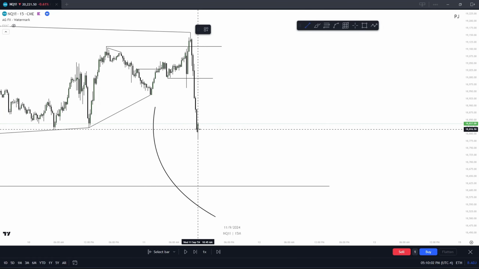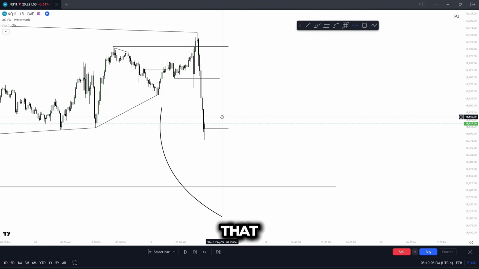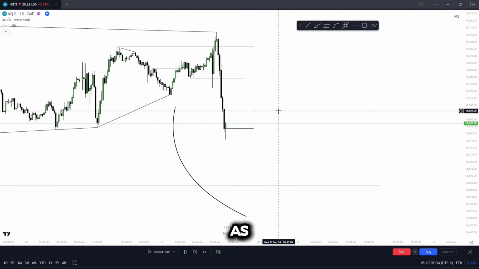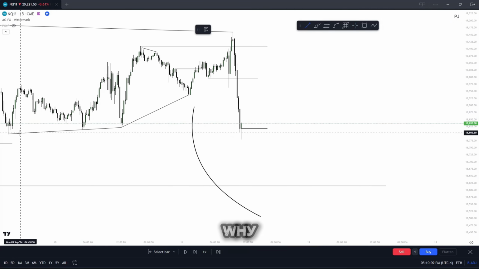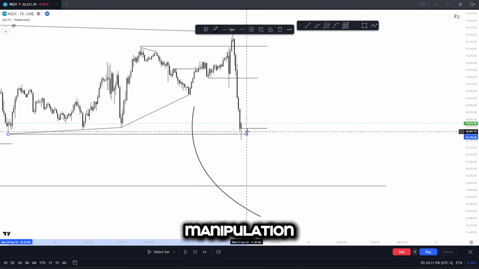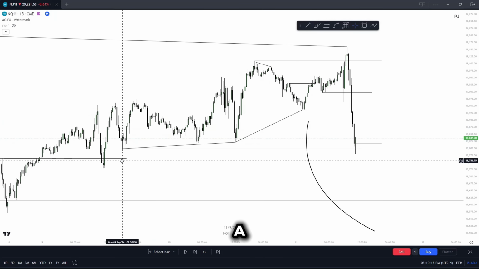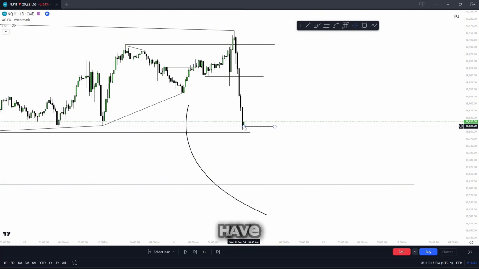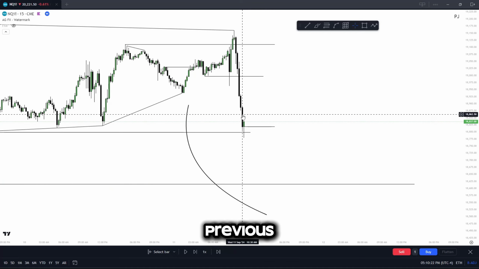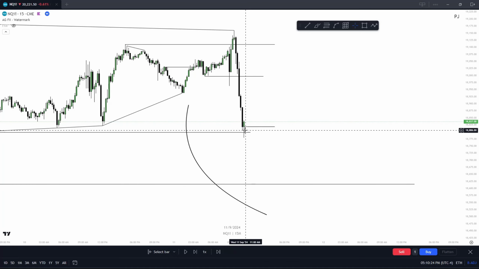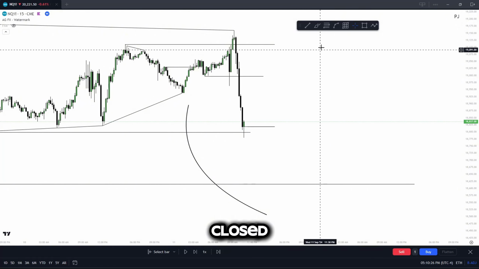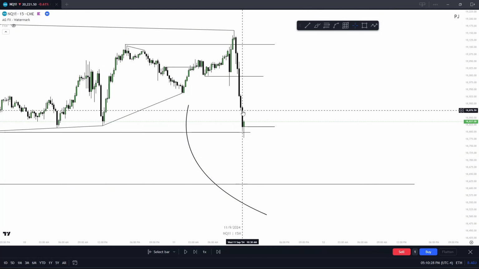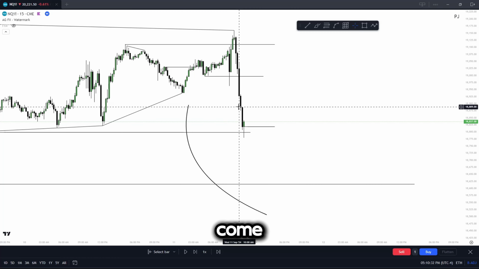I teach my students here that you guys can use this candle as the order block. Why? Because it has done the manipulation damage. We have a protected low below, and we have swept the previous down close candle, liquidated the low, and closed back inside the range. Also, we have come past the 10 a.m. open,